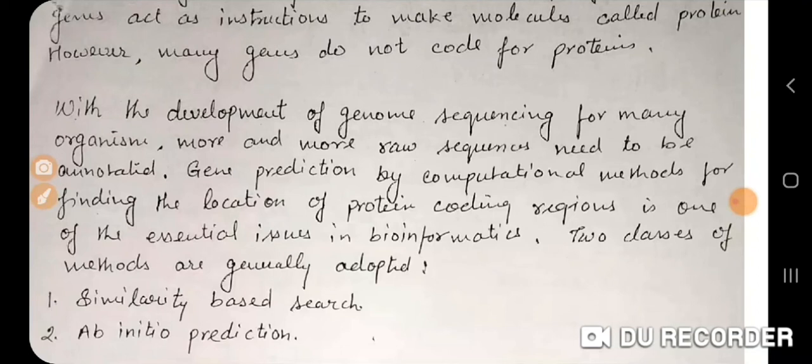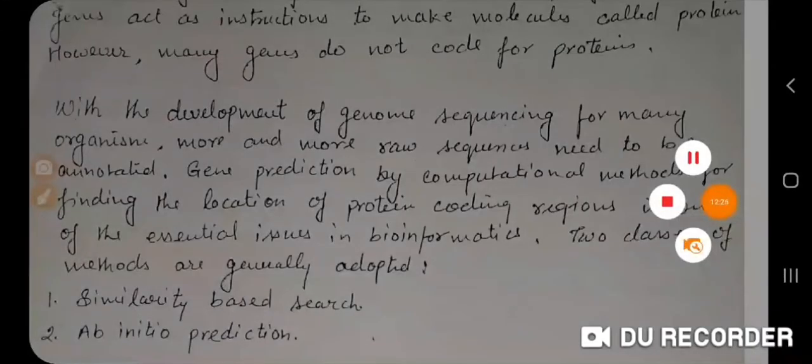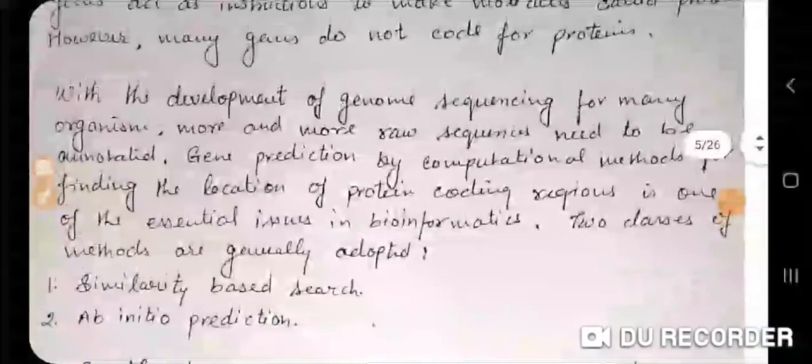Though this method is reliable, fast and easy, the reference sequences are available in a database. A database has some limitations, it must have a limited number of sequences. So if your raw sequence does not have any reference genome in the database, there is a possibility that you may not get information about your sequence. So in that case you have to opt for a different approach, and that is known as ab initio prediction.